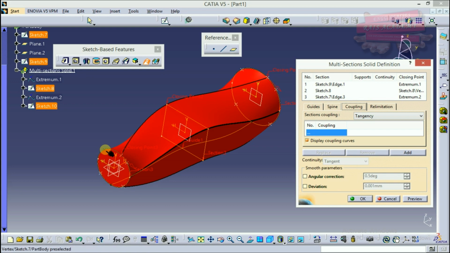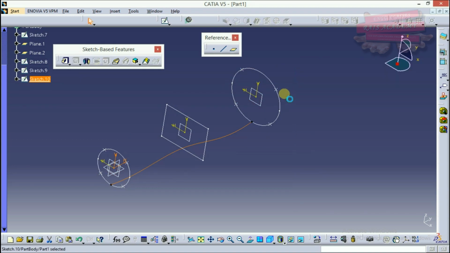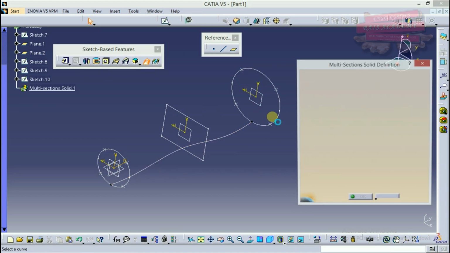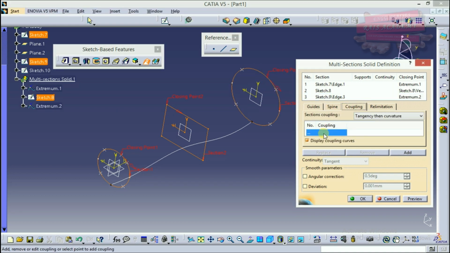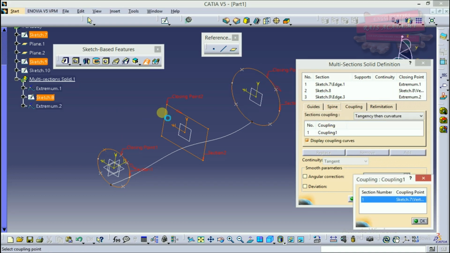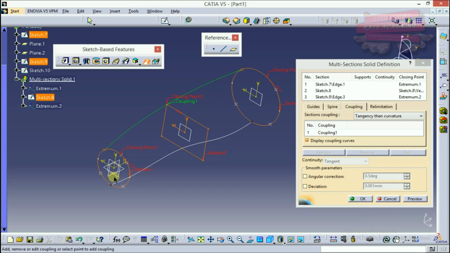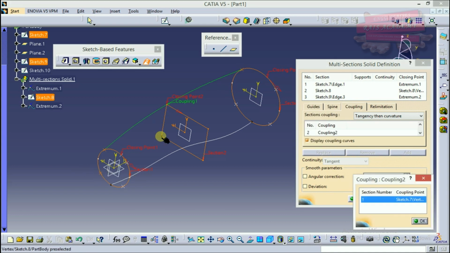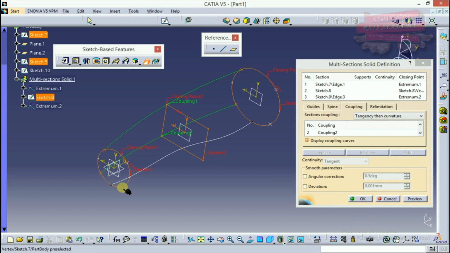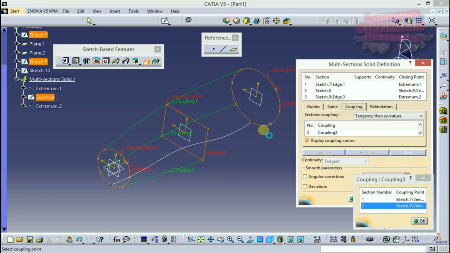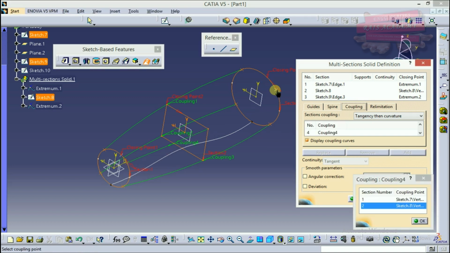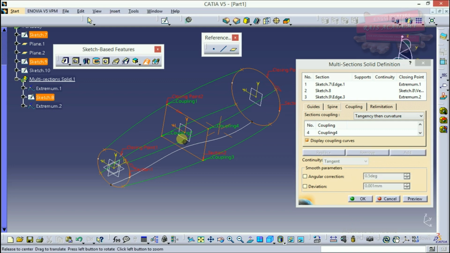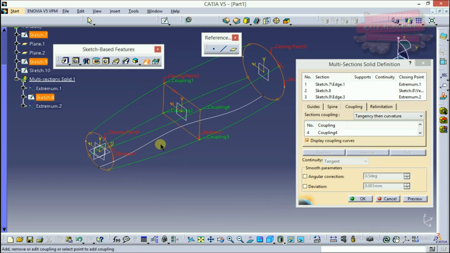I'll select my first point. So we have given our couplings.